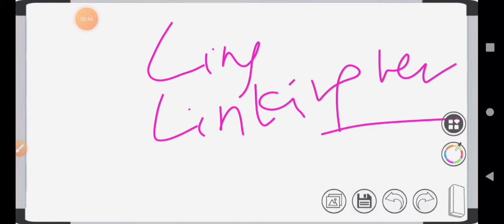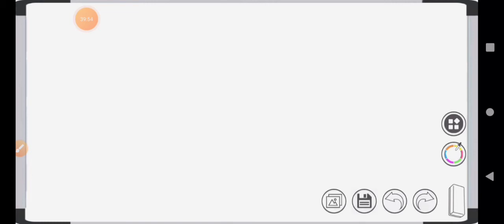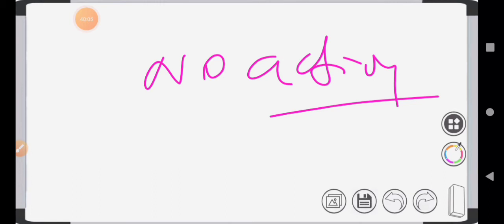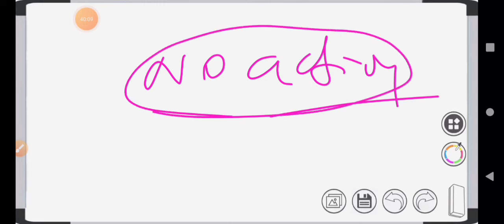What is the function? Linking verbs serve as a connection between the subject and further information about the subject. It gives further information about the subject. That is called a linking verb. They do not show any action. Rather, they link the subject with the rest of the sentence. That is the meaning of the function of the linking verb.